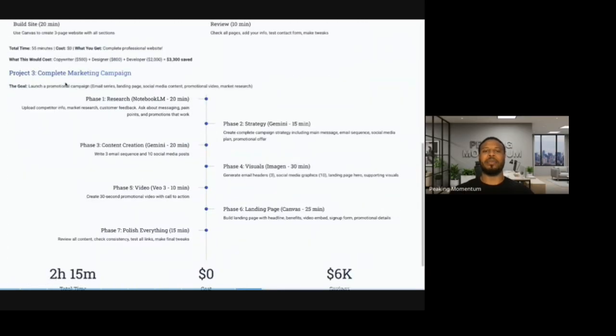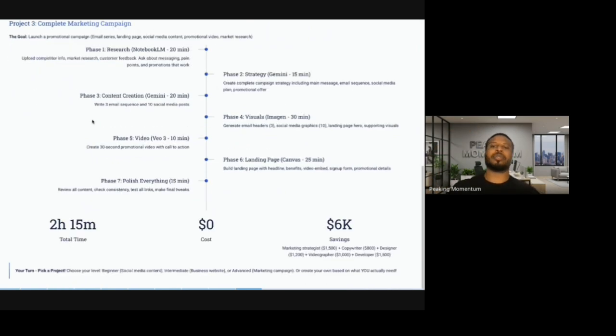You could research a marketing campaign where you will be able to help yourself see how you should promote your business, what your strategy is going to be. You create some visuals, and you have everything you need, right? From your research, then you could put your strategy using the regular Gemini model. You can create the content, you could create the visuals, the video, the landing page,